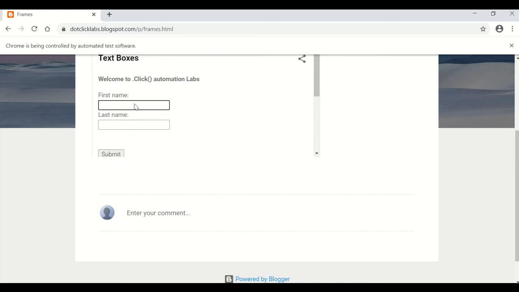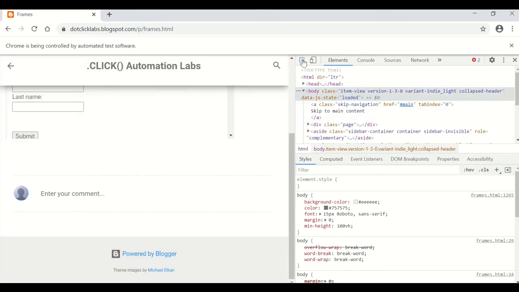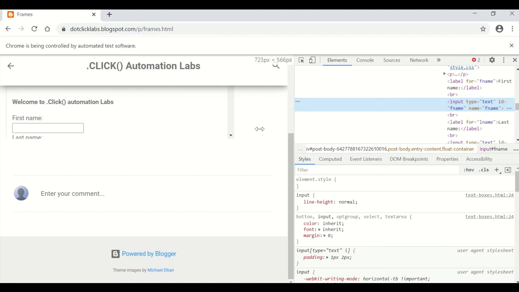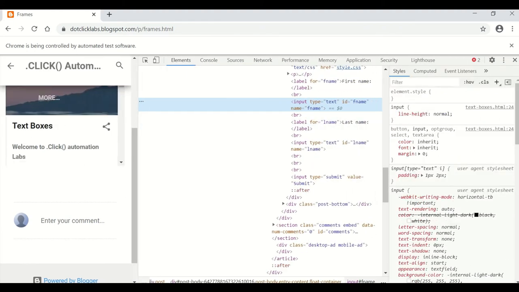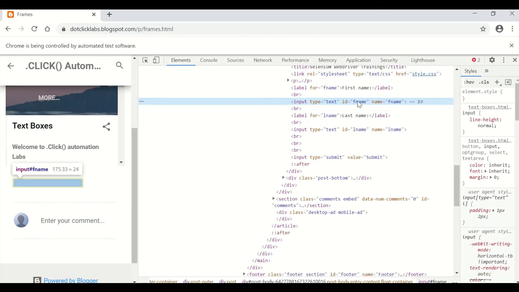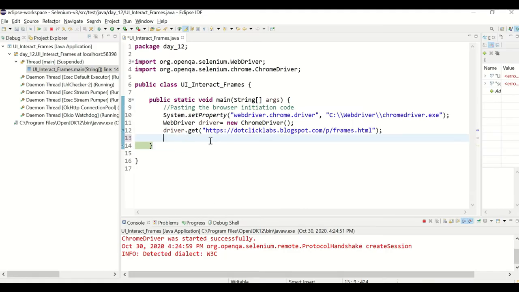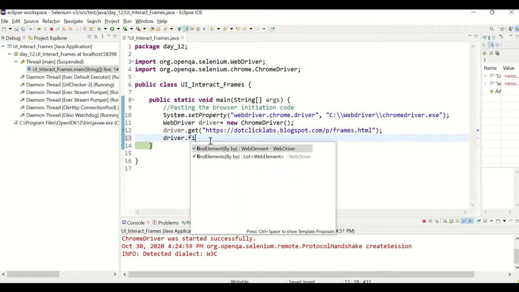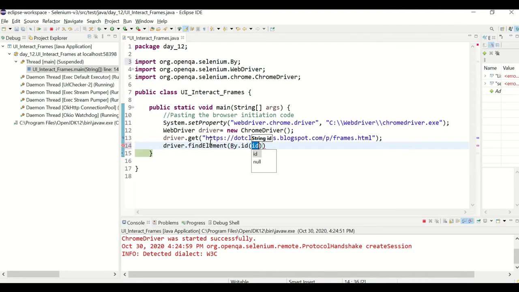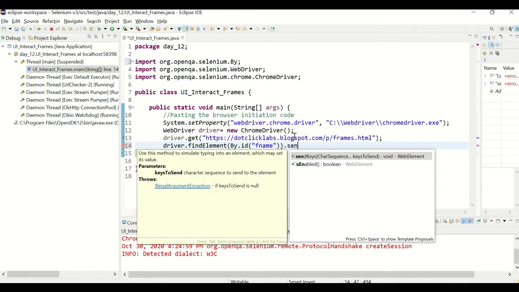Now we would like to enter first name and last name in this text box. Let's see what the properties are for this text box. The ID, F name, you need to select, and you need to write driver dot find element by dot ID, because we copied the ID there, so it is selected by the ID method, dot send keys.